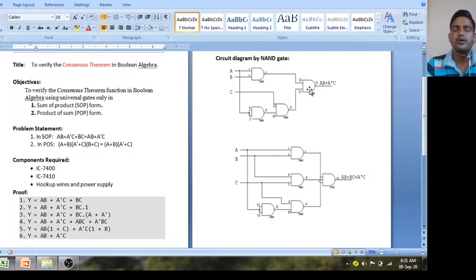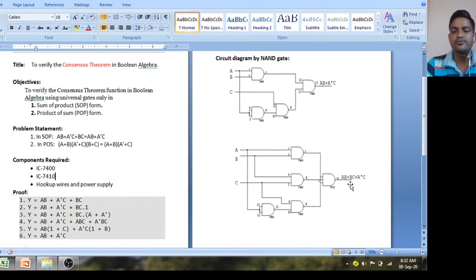And I already told you about 2 level gate minimization. You can replace the AND and OR gate by using NAND gates directly. So this is AB, this is A dash C, and this is your OR gate, AB plus A dash C. And why is this NAND gate coming? This is coming for the complement, this A dash. So one more gate is required as a NOT gate.